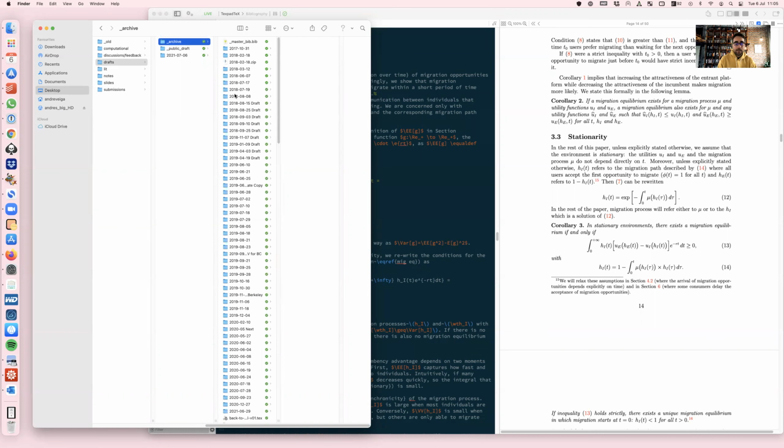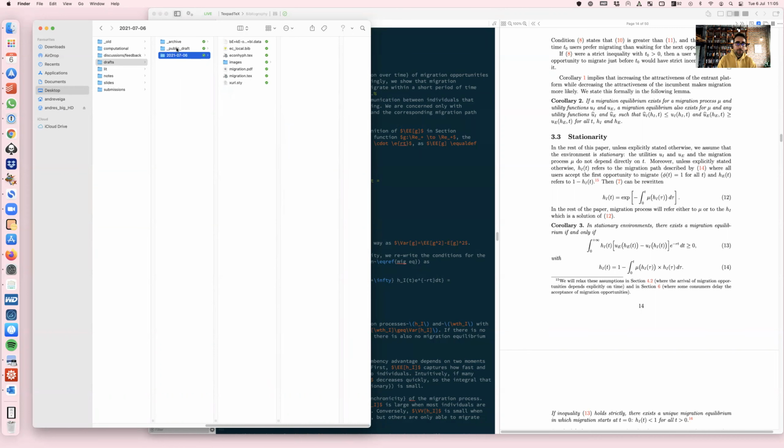So in the archive, you see there, it's not particularly organized, this one, to be honest, but what would ideally happen in the archive is that we have lots and lots of versions of the paper. And so if we need to go back and retrieve something in a previous version, that would be very easy to do. Now, the reason you want to name it using the dates is because then when you sort by name, you're also going to be sorting by date,